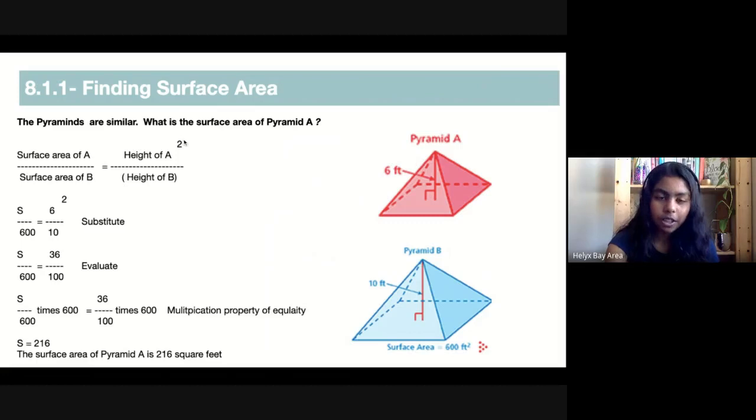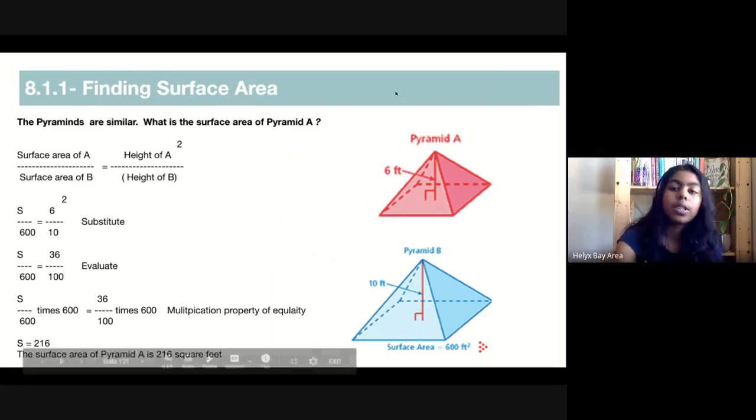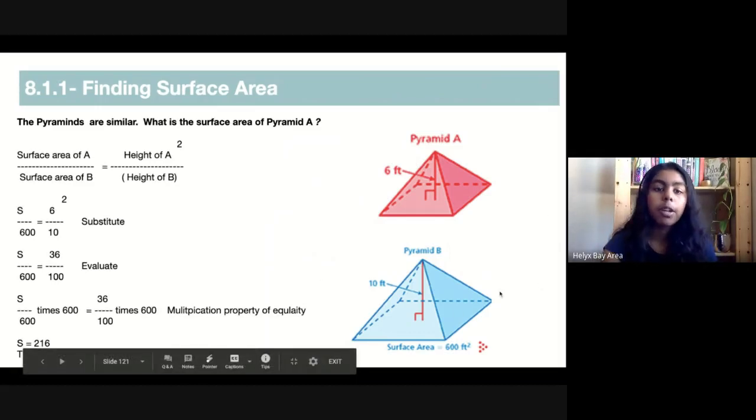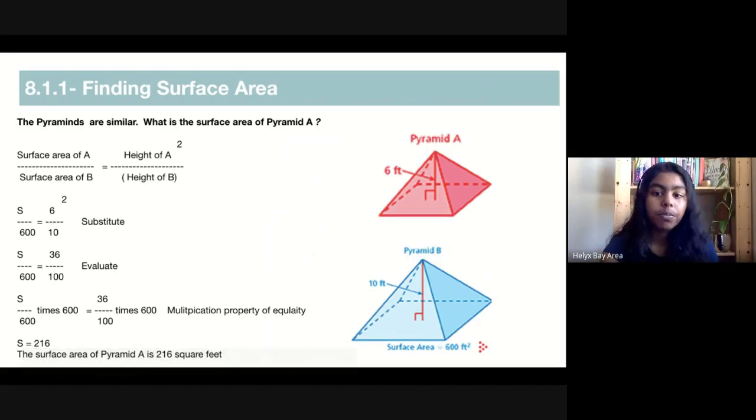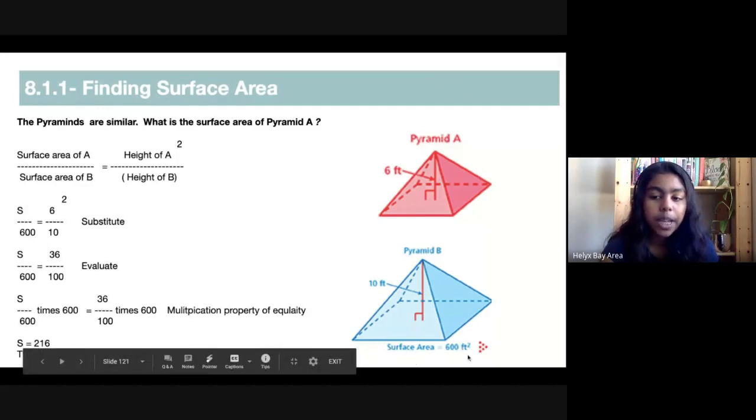So just to clarify, the square applies to both the height of pyramid A and the height of pyramid B. So we're going to go ahead and substitute based on the information we know from this picture here, and we are left with surface area, because we don't know the surface area for pyramid A yet. So we're going to put surface area over 600, because we are given that the surface area of pyramid B is 600,